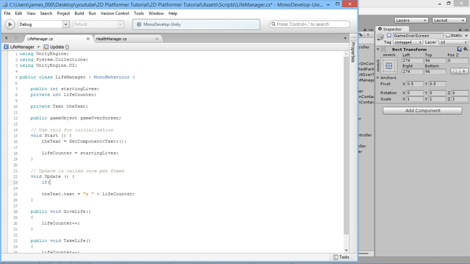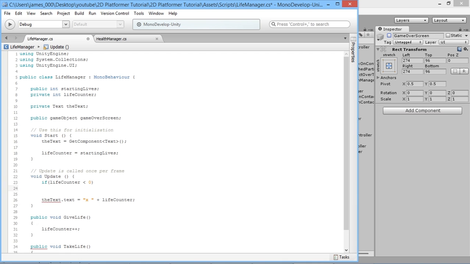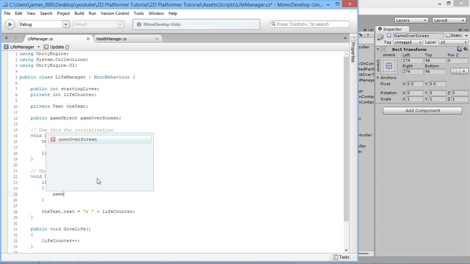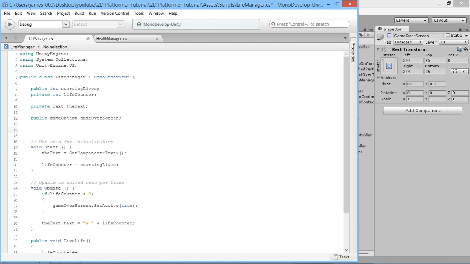So we're going to say if lifeCounter is less than 0, and we'll just make this a loop here. So then if it's less than 0, then gameOverScreen.SetActive(true). So what that'll do is it'll go, okay, the player's lost all his lives, so now we will make it be a game over. And we don't want the player to be able to move actually after this has happened. So what we should do is go